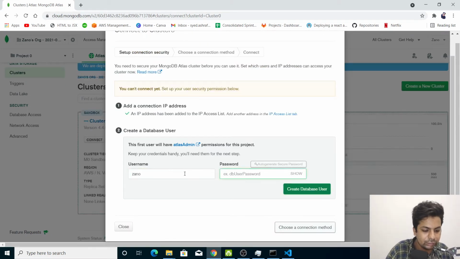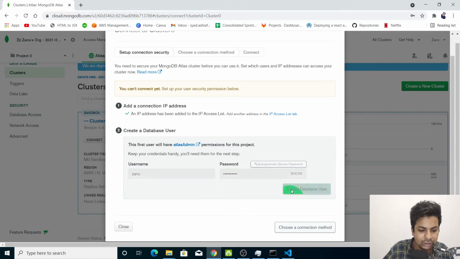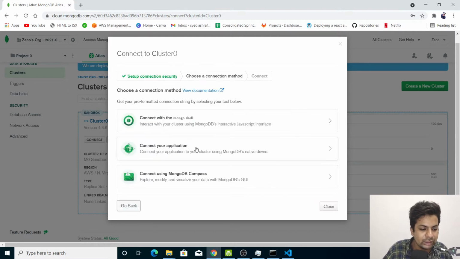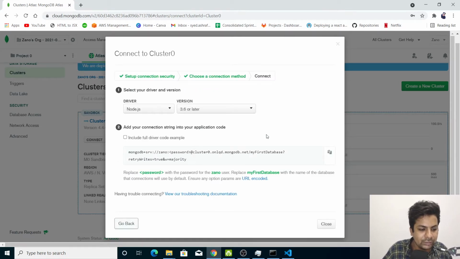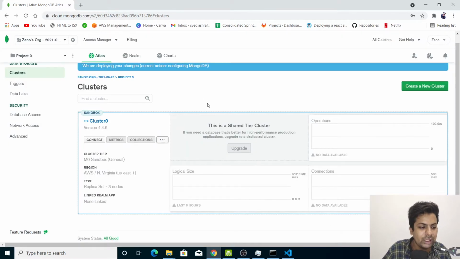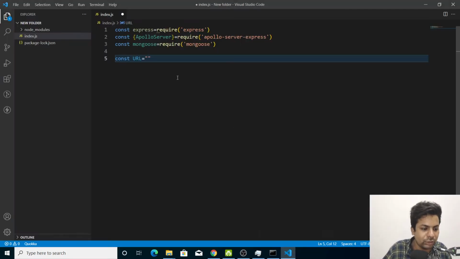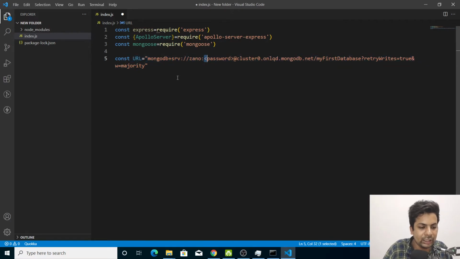I'll say the user is Zeno and the password is 5. This is my demo database. Then choose a connection method, go to application, Node.js, copy, close. This is my cloud Atlas MongoDB, and I'll paste it here and change the password.